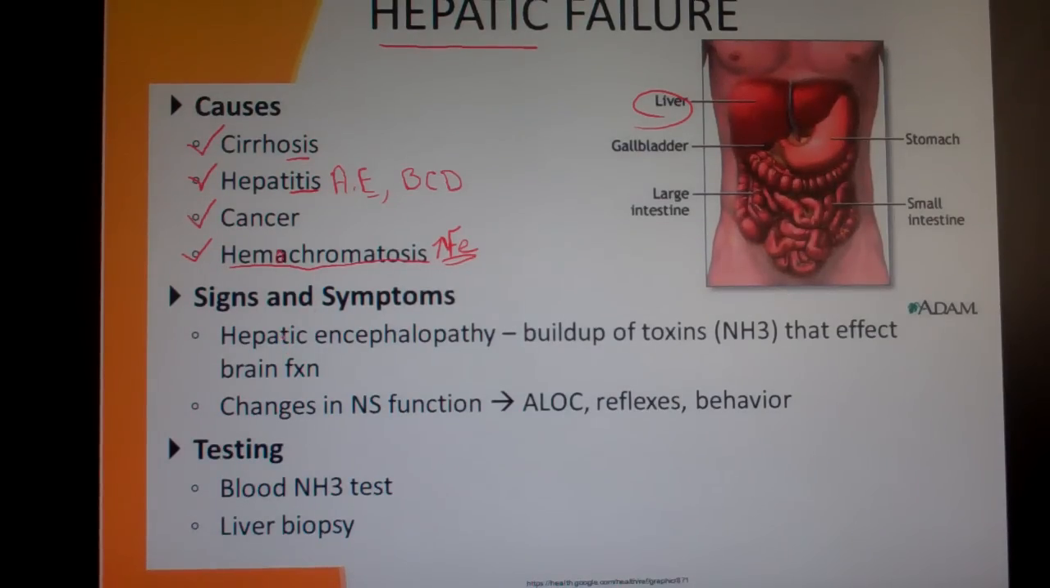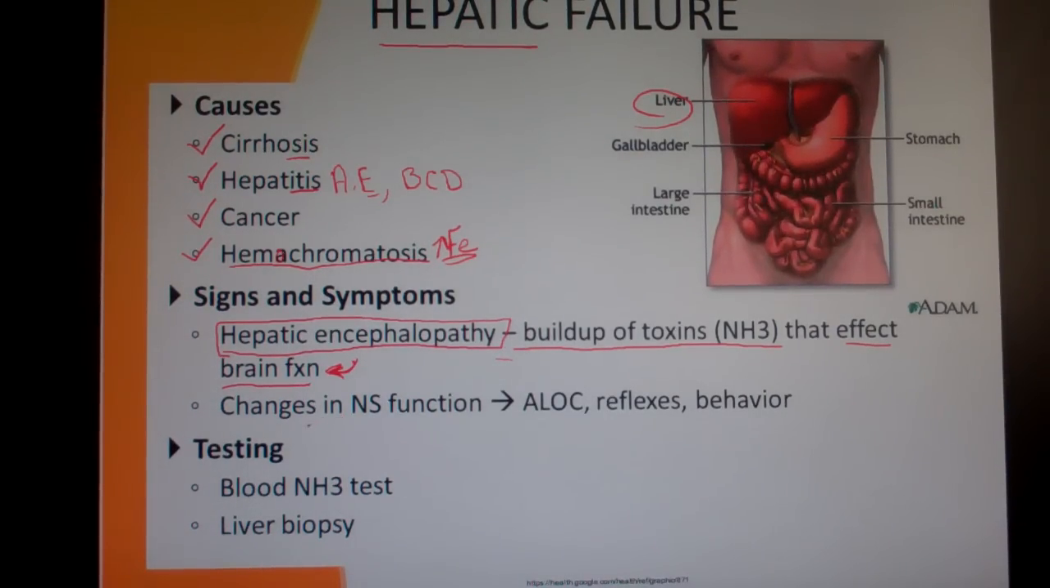Okay? Now, signs and symptoms. Again, I'm talking about building up of toxins or ammonia that affect your brain function. This is why this is in this module, right? Because if you get enough toxins in your body, like ammonia, that normally are washed out, cleared out by the liver, detoxified, that sort of thing. Well, with a failure of the liver and hepatic encephalopathy,